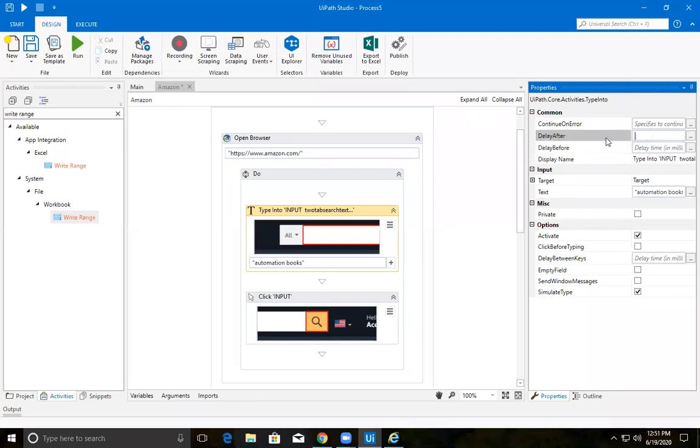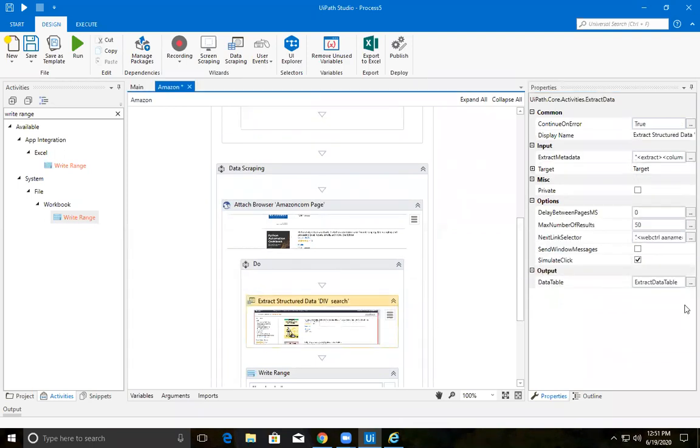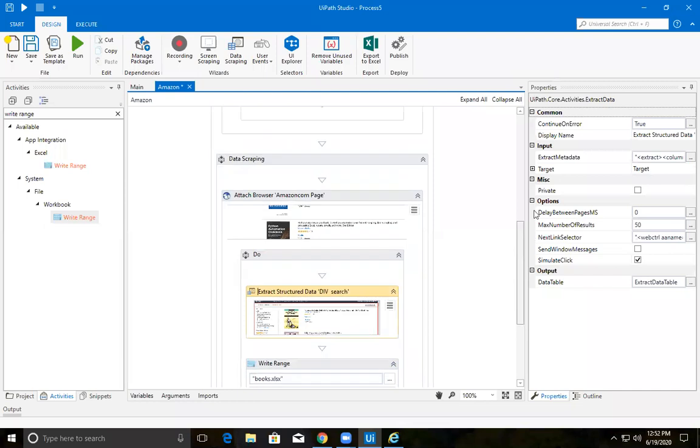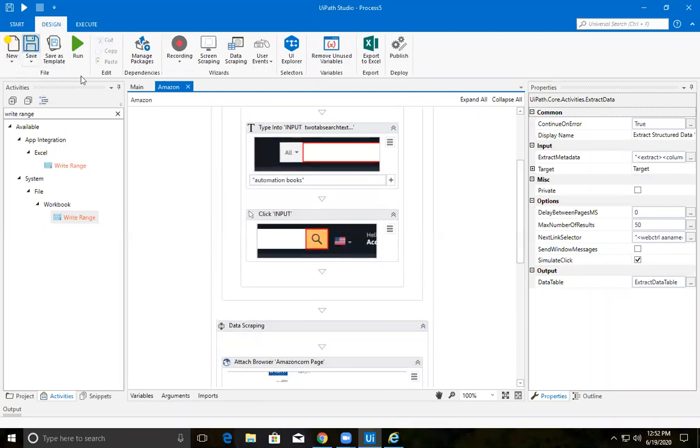This might not be the error. So while extracting, it is having some error. Simulate type. Okay, now I have made delay between pages as 0. Let me check whether it is happening or not.